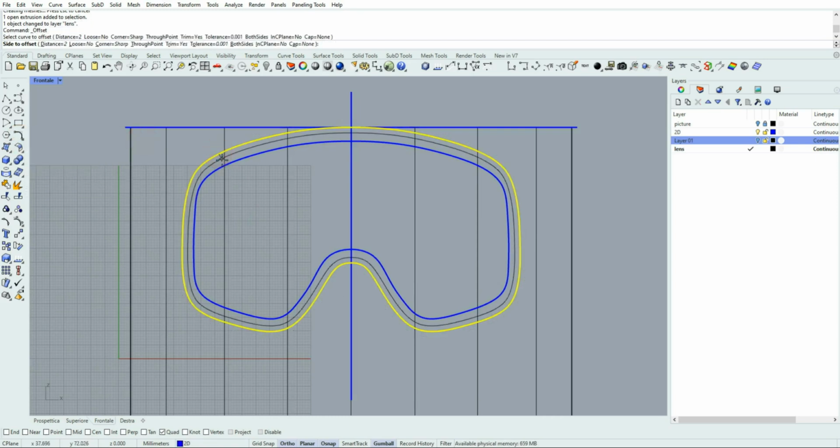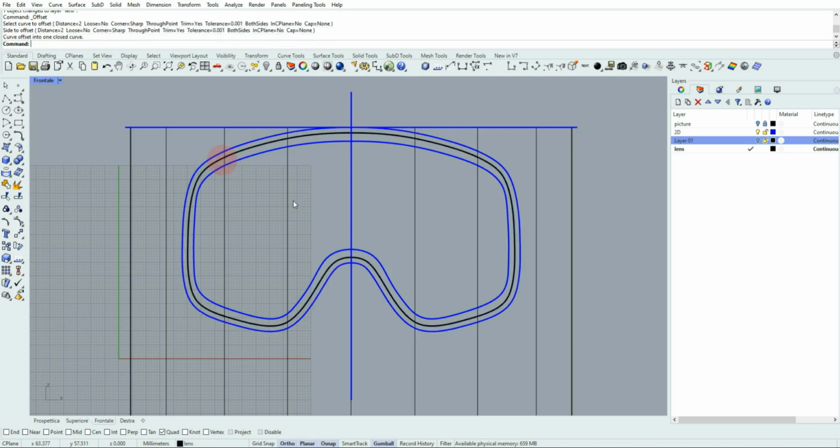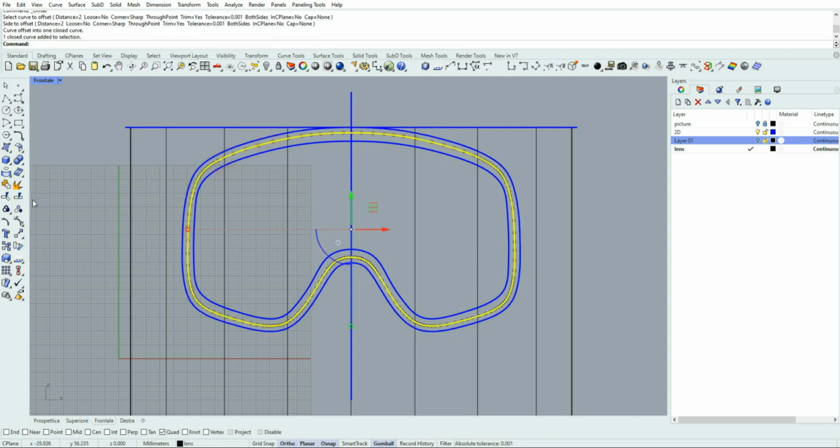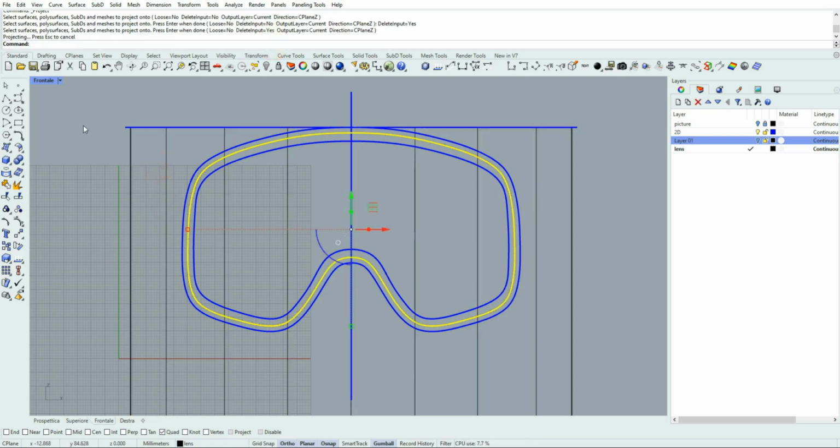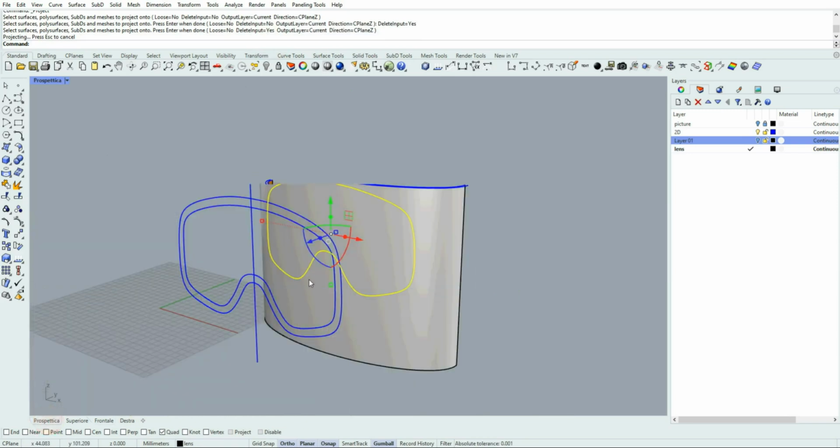Then we draw an offset also of this curve. Okay, and I'm going to project it onto this surface. Delete input yes, because I don't want to keep too many curves.